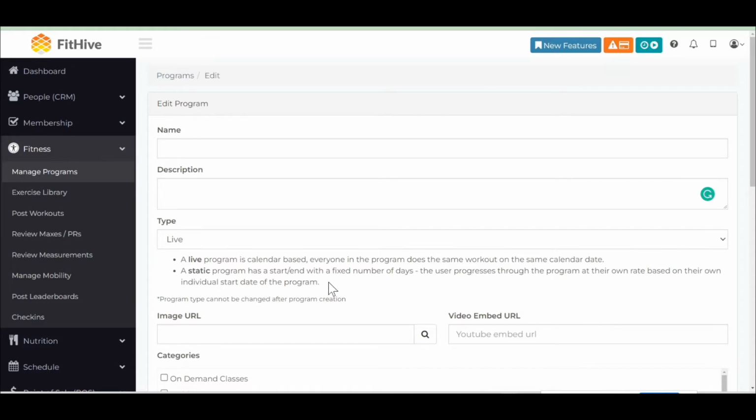This is really nice if, let's say you spend a ton of time and you've created a year's worth of programming and you're like, man, I really like to resell my work. Well, making a static program would be the way to do that, because if somebody joined today, they would start on day one. If somebody joined in 6 months, they would still start on day one. So you don't have to redo all of that programming. In a live program, right, you can't reuse that programming unless you move it or copy it to the front of that calendar. So you just have to really think of which one you want to do